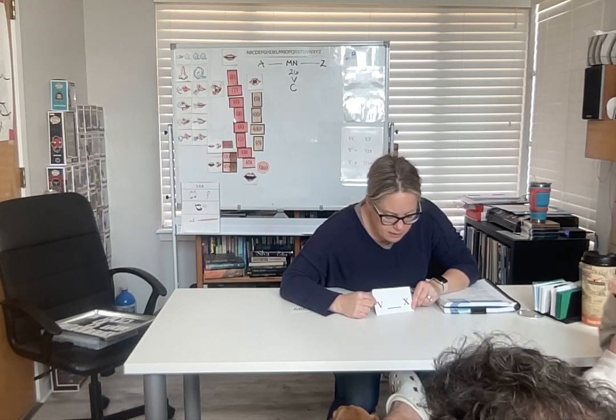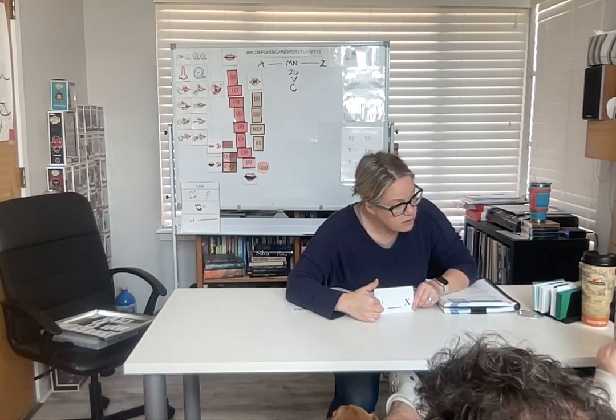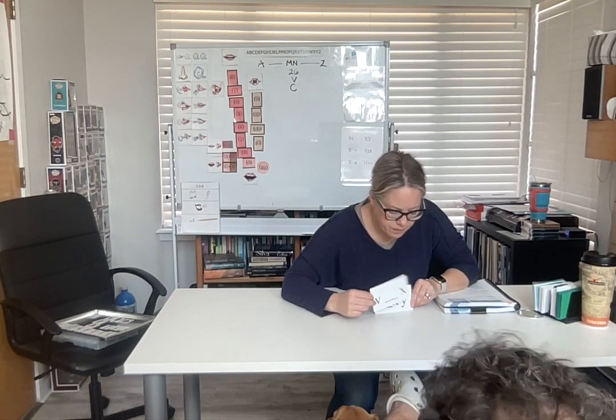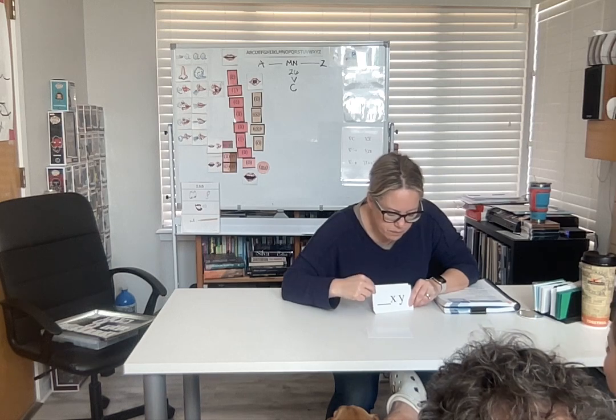Some of the letters in the deck, the first letter is going to be missing. Some of them, it'll be the middle letter that's missing. You can use the deck up. You can use your alphabet strip. Ready and go. W, X, Y,